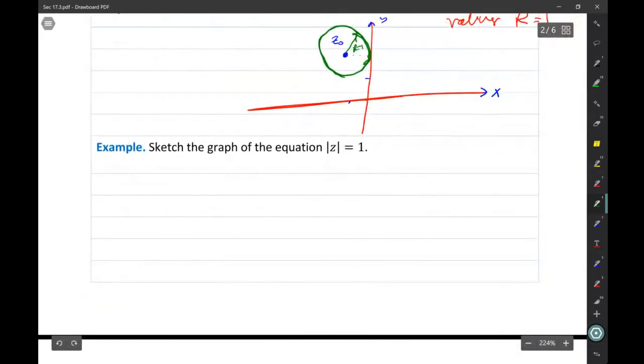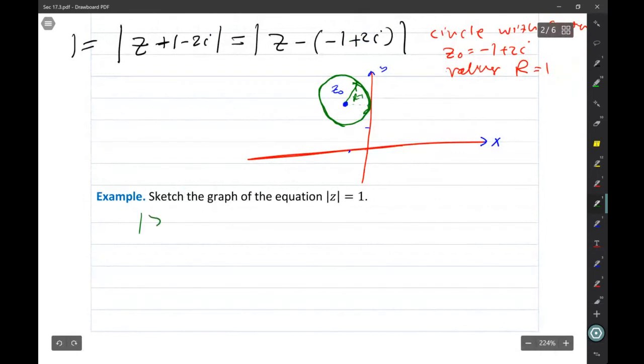Look at the next one. It says sketch the graph of the region of the equation modulus z is equal to 1. How can we say modulus z? Modulus z is equal to modulus of z minus 0. So now this represents what? A circle